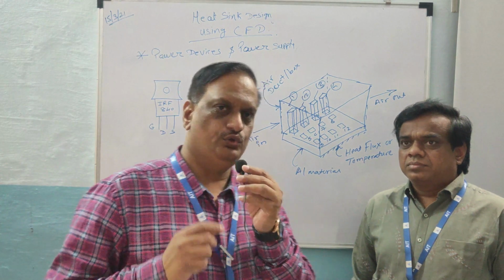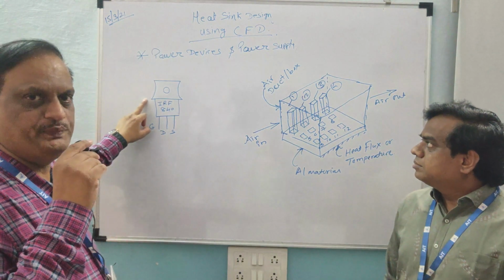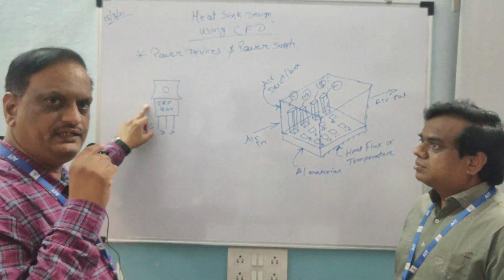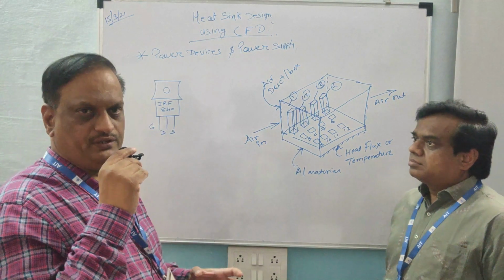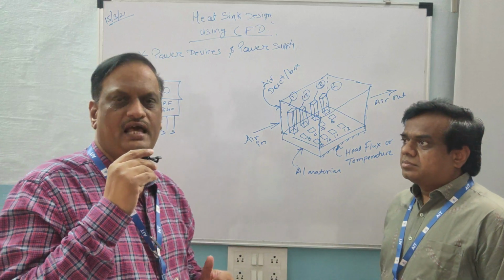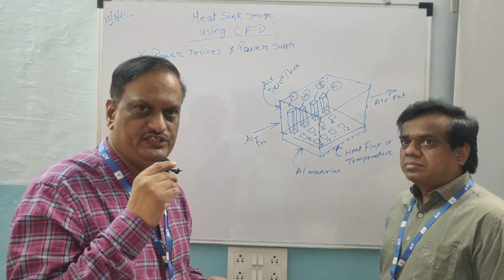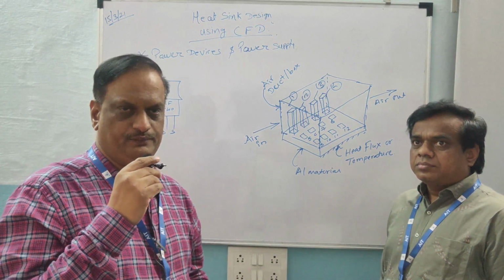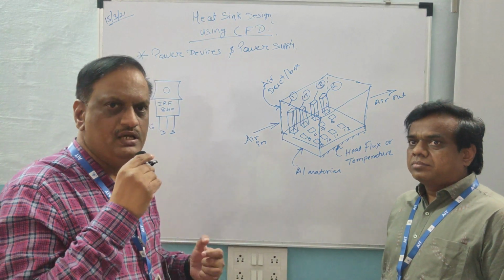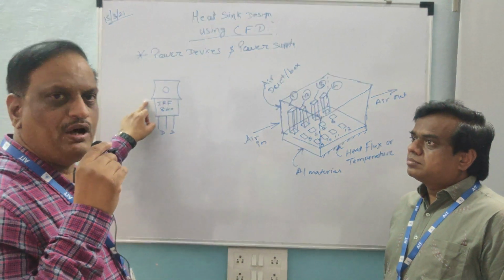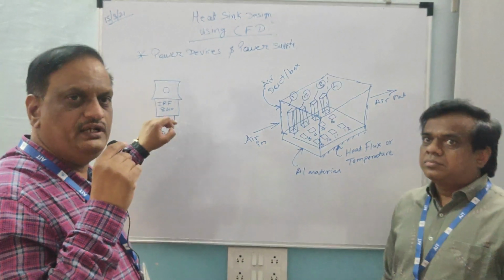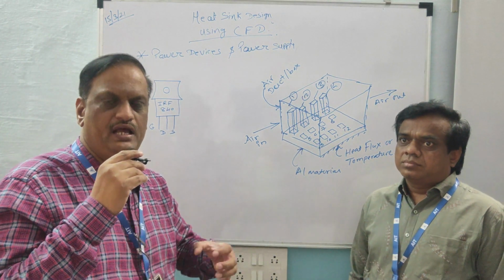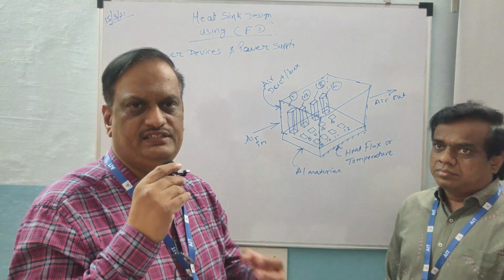You can see here I have drawn a MOSFET, which is a power electronic high power switch. Whenever this high power switch is conducting, it dissipates a large amount of power, because we know that MOSFETs and IGBTs are used at very high frequency and very high voltages. Whenever they are operated at high frequency and high voltages, they emit heat. That heat should be absorbed, otherwise the junction temperature of these power devices will increase, and accordingly the power devices may get damaged because of the excessive dissipation of heat, and a localized hotspot will get created inside the device.